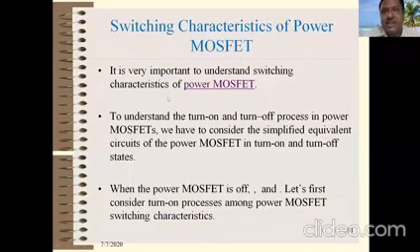Basically, power devices are used for switching purposes. So switching characteristics are the most important for any power device, because mainly they are used as a switch. So you should know the turn on time and turn off time of a device. Now this turn on time and turn off time of these power devices will be affected by the junction capacitances, right?